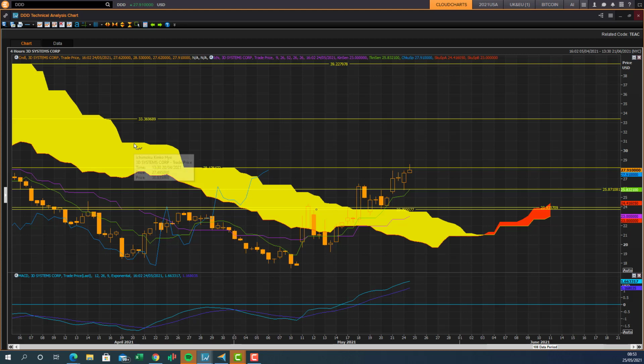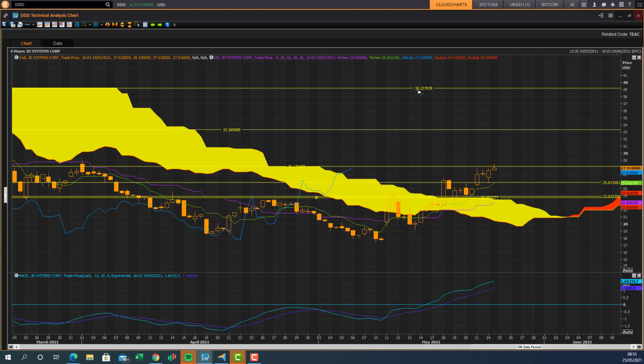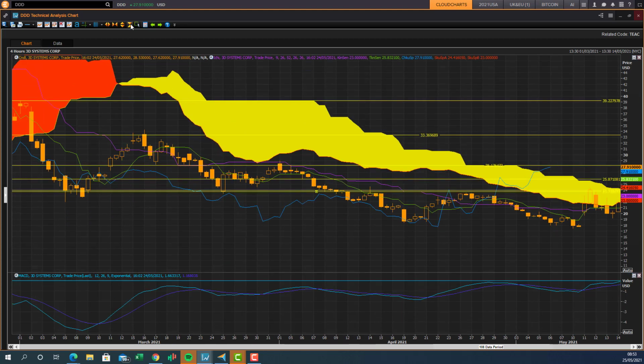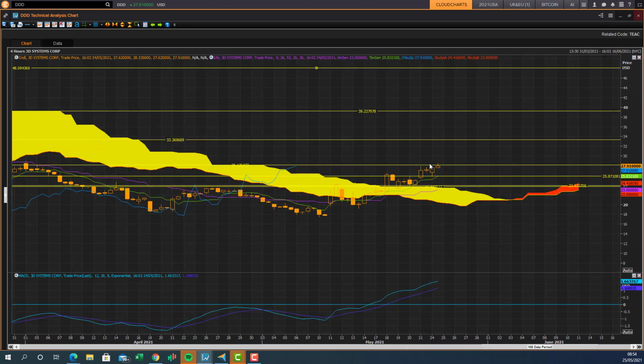Upside targets, and you can see these steps in terms of the cloud. These are key resistance zones, and those are your 39 up there, which is a major resistance zone on the 4-hour cloud chart, and then ultimately the top end of the cloud, that's the other key resistance zone. So yeah, there we go. Those are the levels to watch out for. So it's a bullish case now on the 4-hour chart,